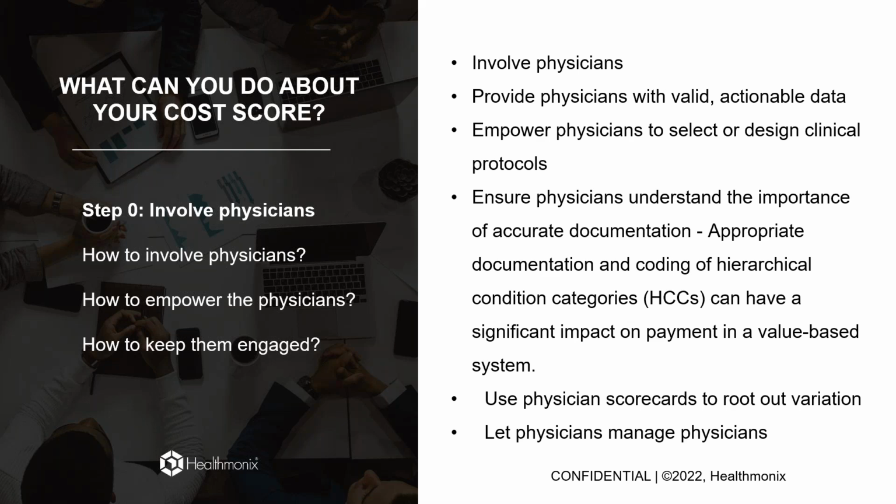So let's say you have one provider that has a very good score for one of the categories. What are they doing different than the other providers? And can you set up protocols within your facility for that? Ensure that physicians understand the importance of accurate documentation. As I stated, all of these measures get rated based upon risk. So are they putting the correct codes in to make sure that these patients are attributed not only to them as a provider,